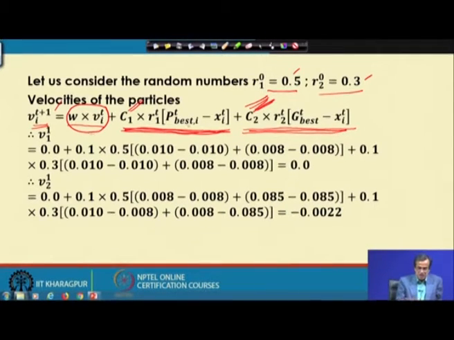Now, let us see, using these three components, how to determine the updated values for the variables, the velocity.